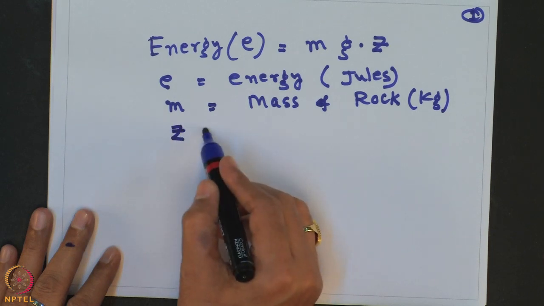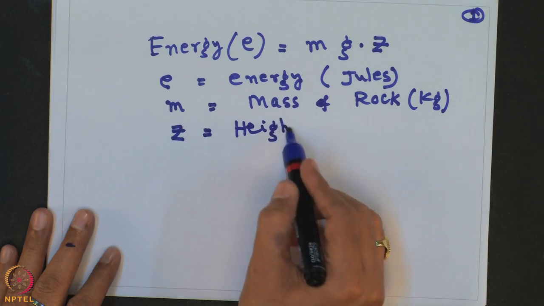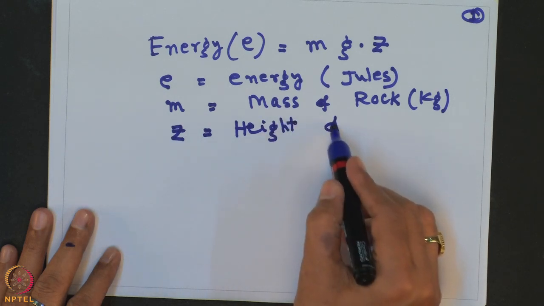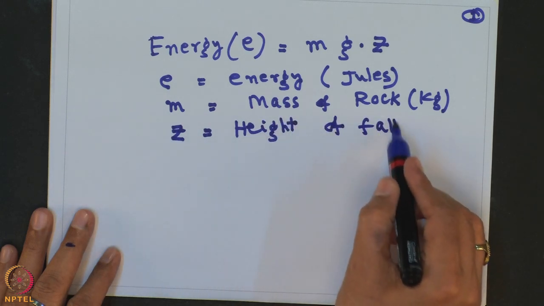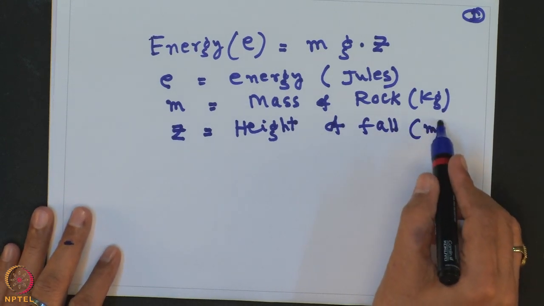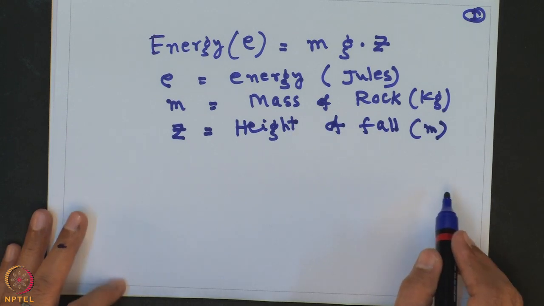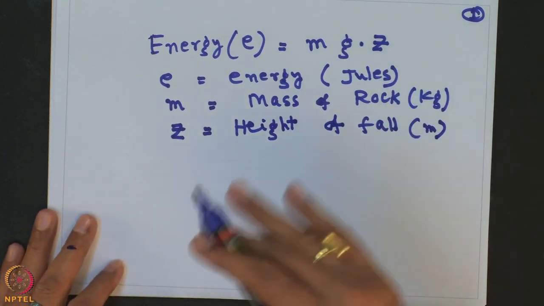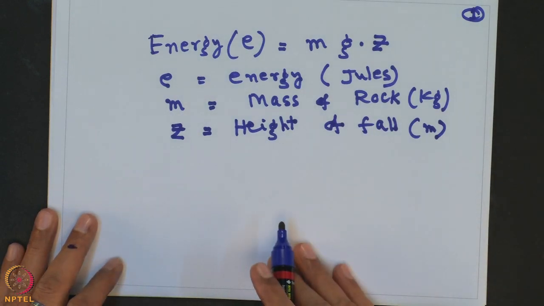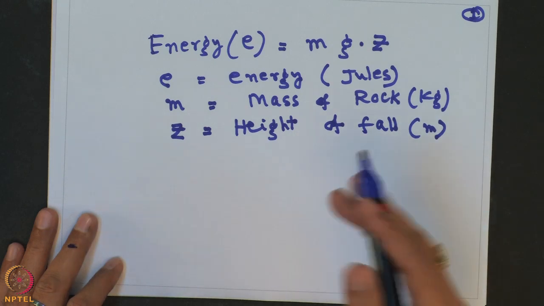So, this height of fall is measured in meters. Any height it can fall, it may be 100 meter, 200 meter, 300 meter, 50 meter,